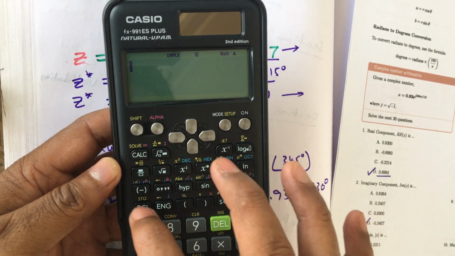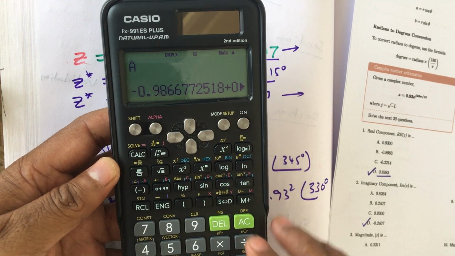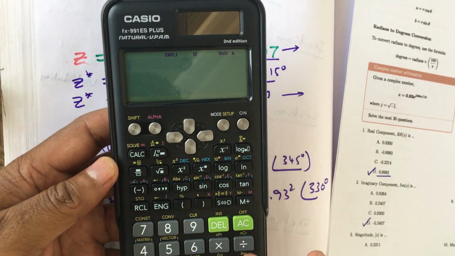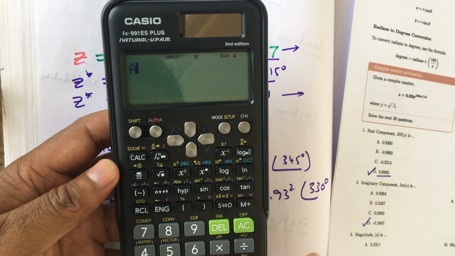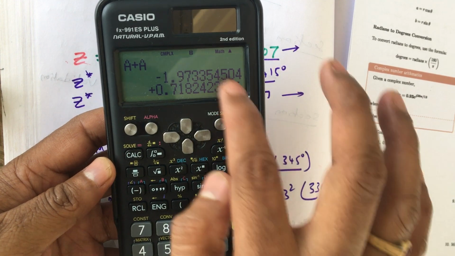So now recall A. Now I got that number, so that number is stored in A. Now I simply say A square, so simply A multiplied by A, I'll get the answer. And this answer is in